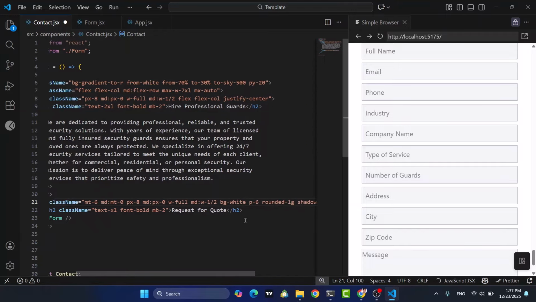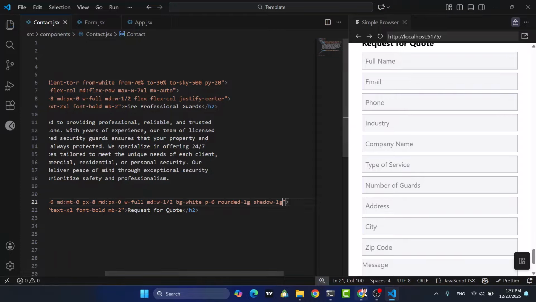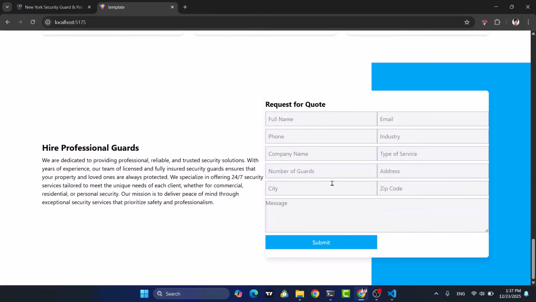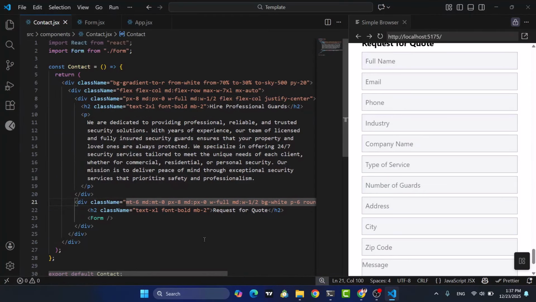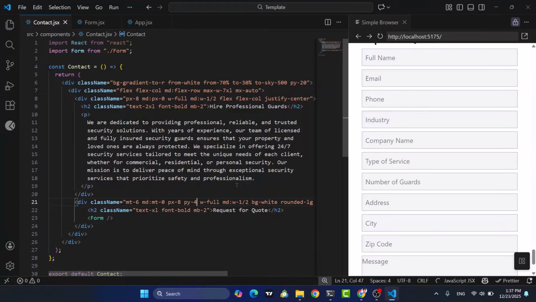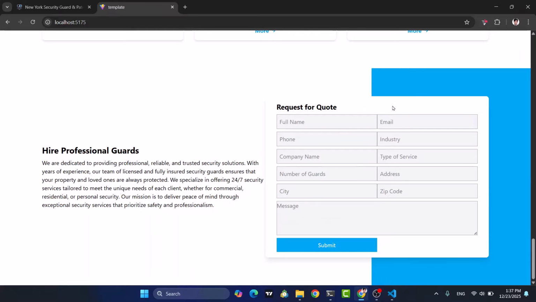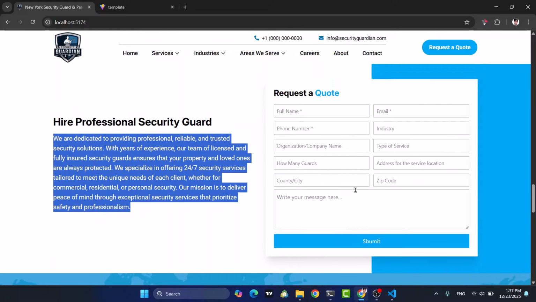Padding 6, rounded LG, shadow LG. Yes, that's okay. Simply just come here. Padding Y will be like 4. So request a code here that looks like that. Like our previous one, we will add shadow